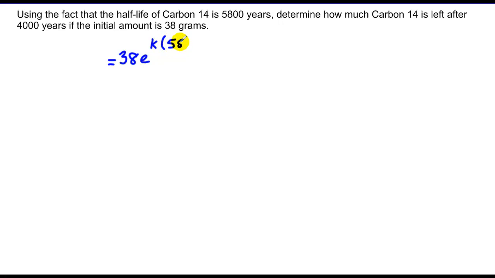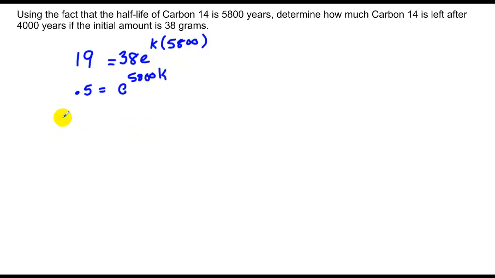Now, if it takes 5,800 years for half of this stuff to decompose, then I need to take half of 38 to determine how much is left. So I have 19 left. And that would happen over a course of 5,800 years. Again, we're going to need to solve for k. When I divide 38 to the other side, I get 0.5 is equal to e to the 5,800